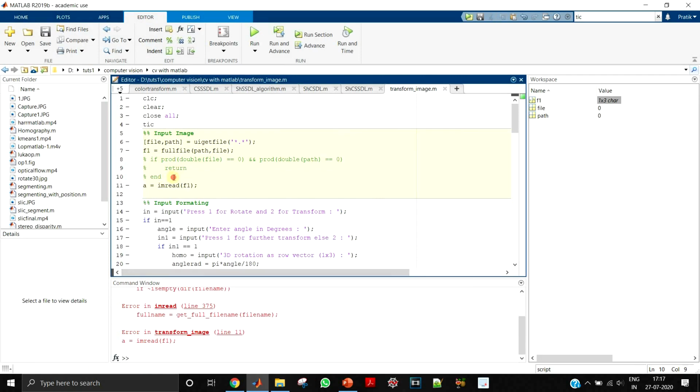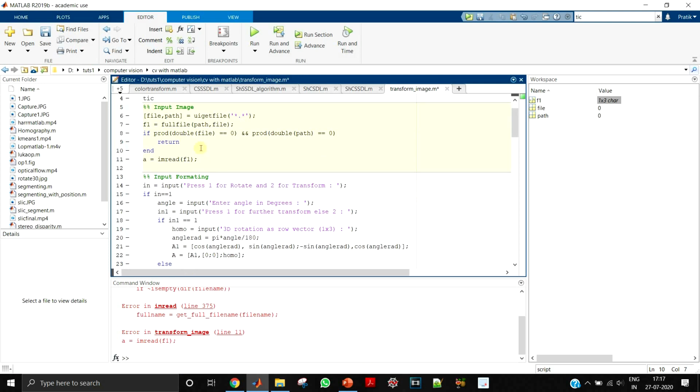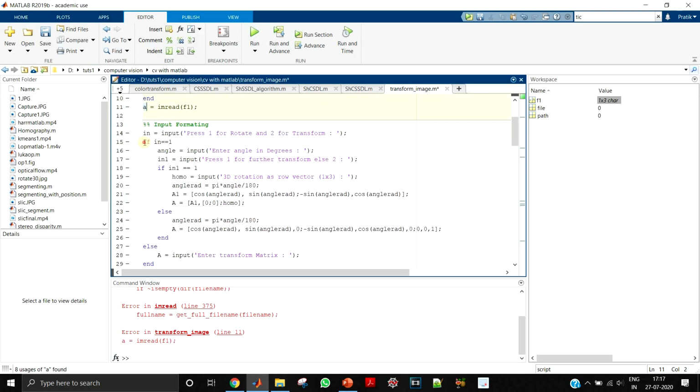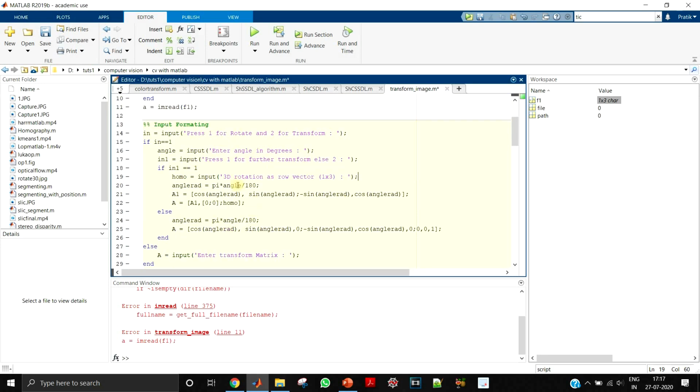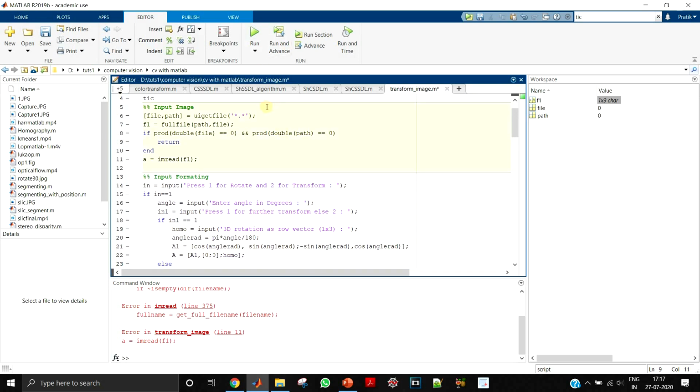So in order to avoid that, these three lines are there, so that I don't get this error over here if in case I press cancel. Right, so this is only when I press cancel. If I don't press cancel, then it is fine, no problem. So next I am reading that particular file over here. So A has my image, the image that I want to transform. Now these if and else conditions are just for the input, for the different input types you saw. So let me run the code and let me debug it so that I can show you side by side.